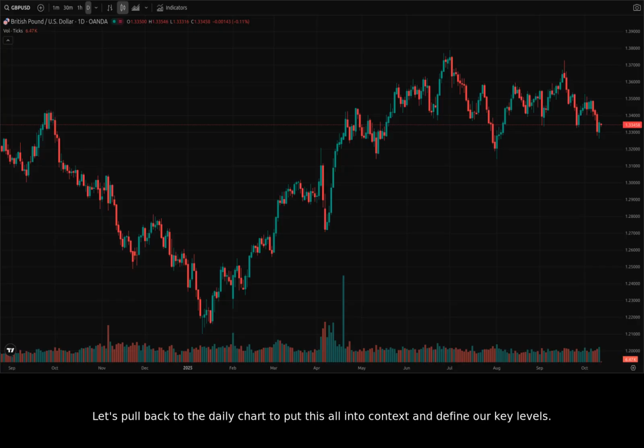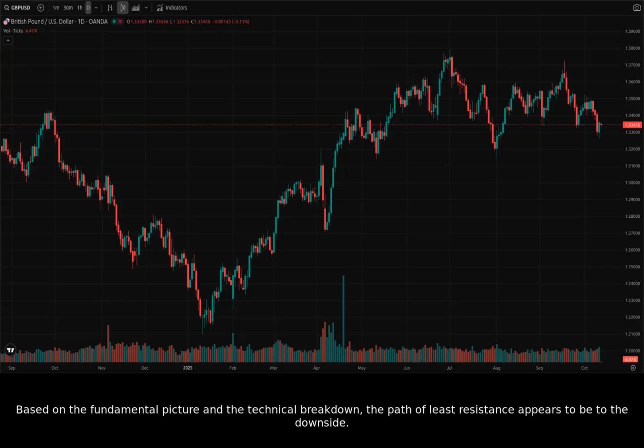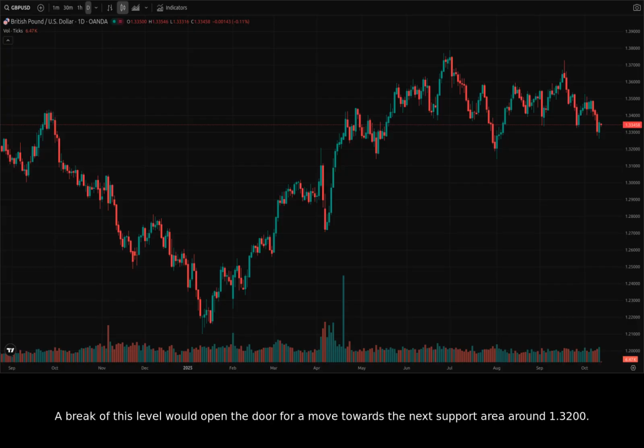Let's pull back to the daily chart to put this all into context and define our key levels. Based on the fundamental picture and the technical breakdown, the path of least resistance appears to be to the downside. The primary bearish confirmation would be a daily close below the recent low and critical support zone of 1.3280 to 1.3278. A break of this level would open the door for a move towards the next support area around